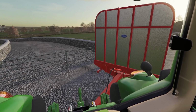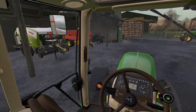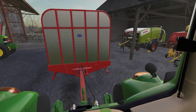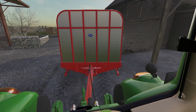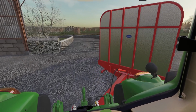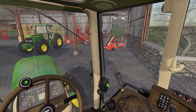Oh, come on, you pig, you get around that corner. Oh, I didn't like that. We have to try and get a bit closer to that wall where we can. Try that one again. Can't really see all that well though. I've got to kind of guess where the corner is. Okay. Alright, and around the corner there, the reason we are doing it this way is because we have a